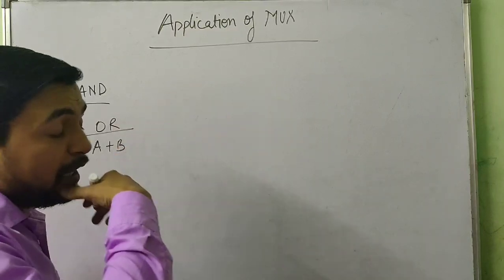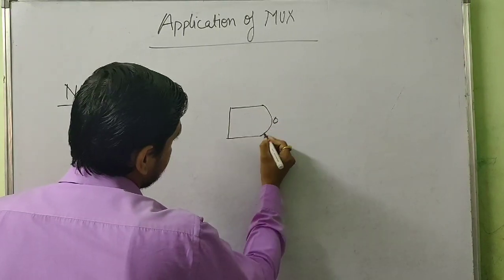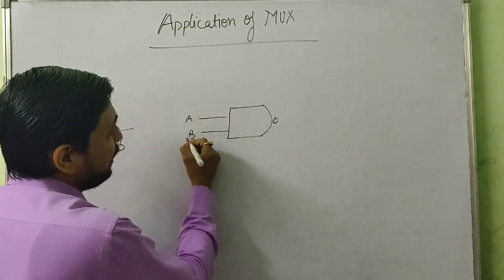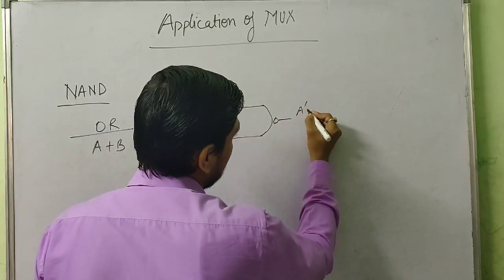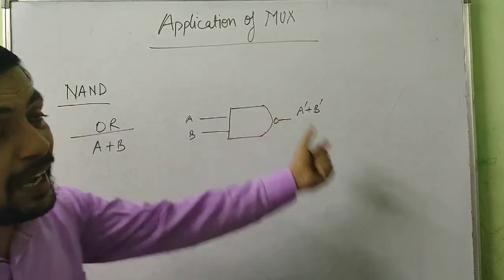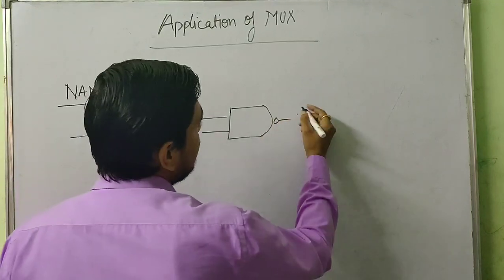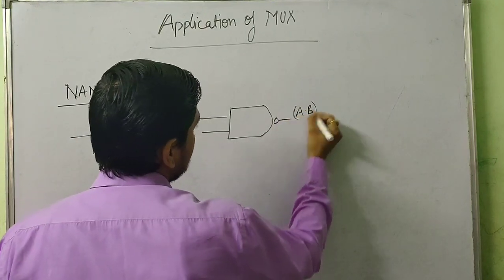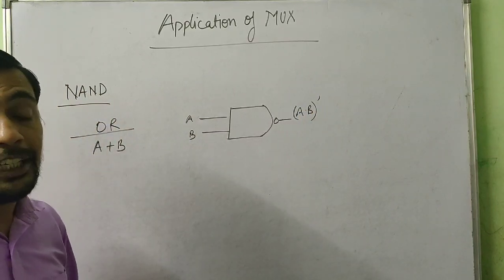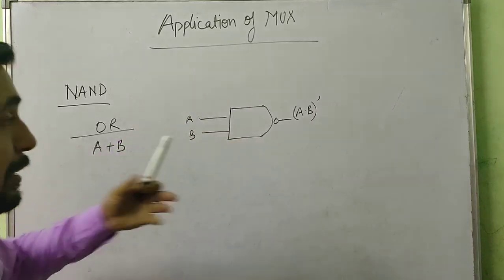And we know that if we pass A and B, what output are we getting here? We are getting A complement plus B complement. Right? Individually we have to complement them. That's the problem. Otherwise you can write it as A and B whole complement also. Both are the same thing. But we want it to be A plus B. That means we cannot directly pass A and B to a single NAND gate.